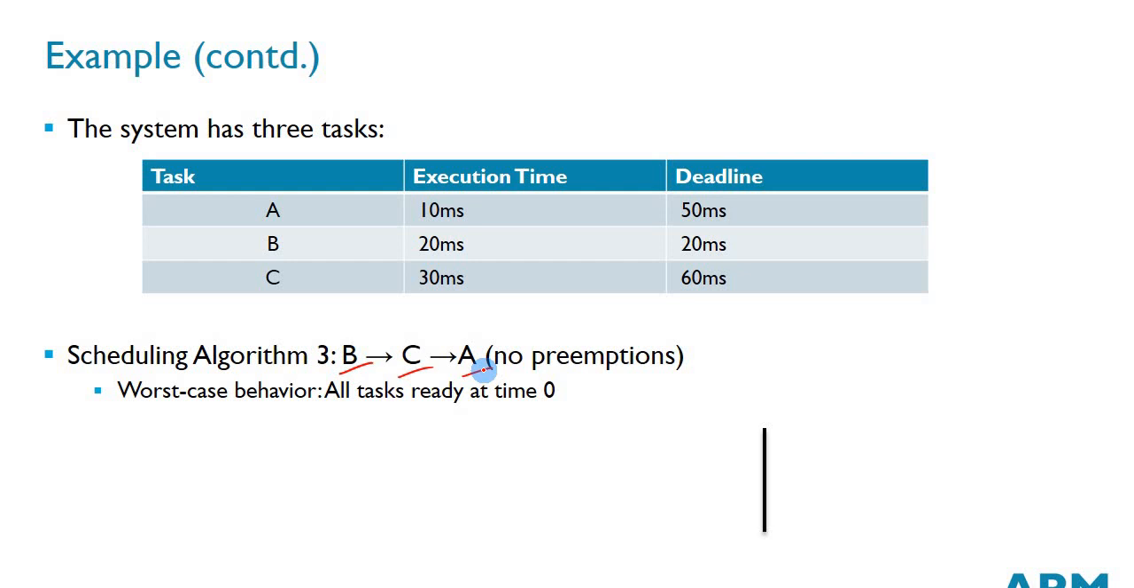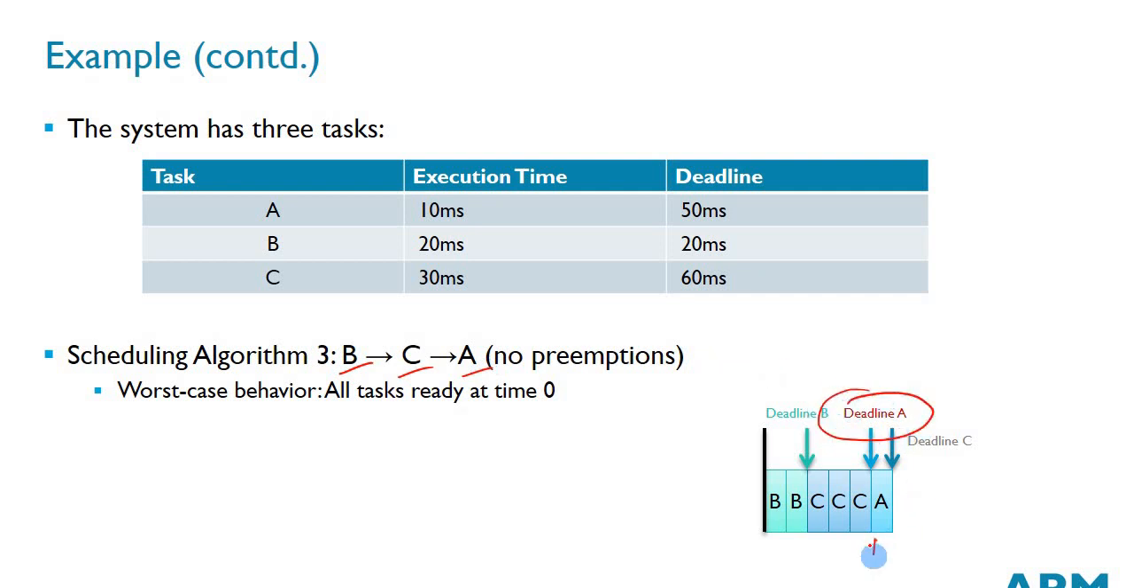So what's going to happen? Okay, B gets to execute first, 20 milliseconds, followed by C, and then finally A. And if you look at the deadlines, you see that the deadline for A has been missed, because A only starts over here. So you can see that with just three different tasks with different execution time and